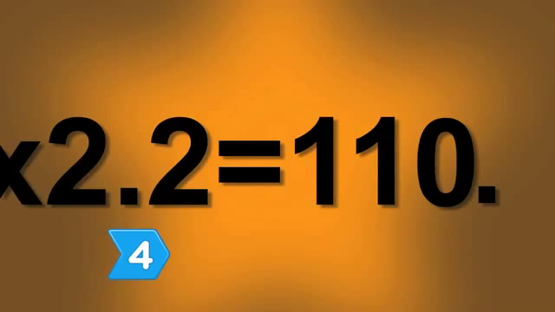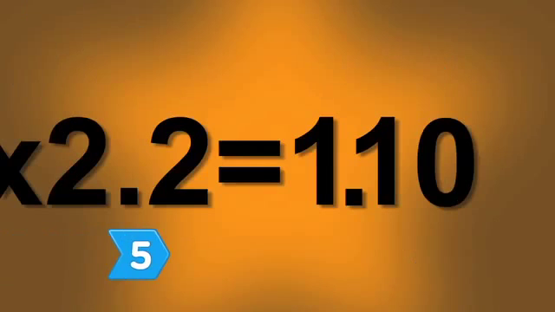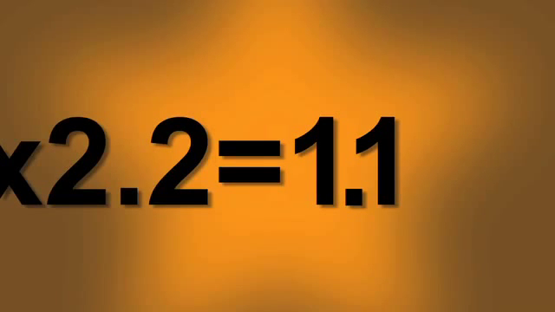Step 4. Starting at the right of the product, shift the decimal point to the left the same number of places as the sum of the decimal places in your product. The product, 110, becomes 1.10. Step 5. Eliminate any zeros at the end of the product. 0.5 times 2.2 equals